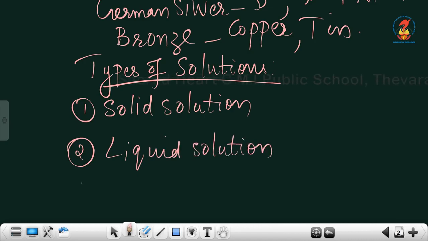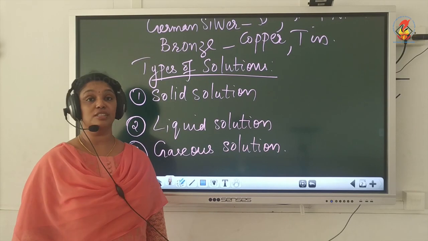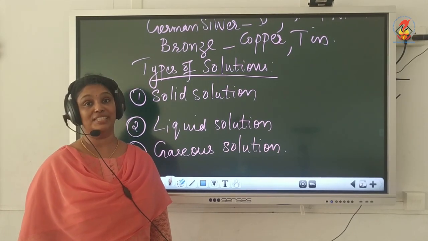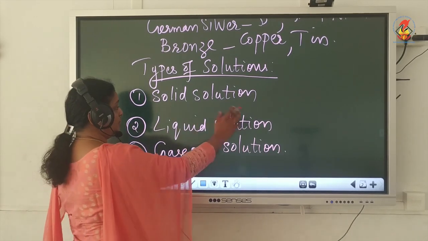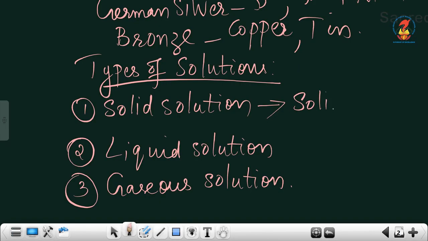And the third type is gaseous solution. And I told you it is the solvent that decides the physical property of the solution or the physical state of the solution. So in solid solution, the solvent will be a solid